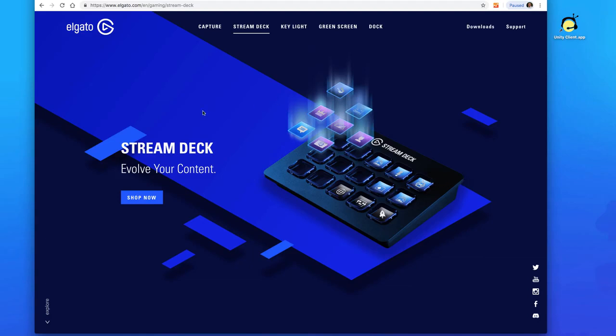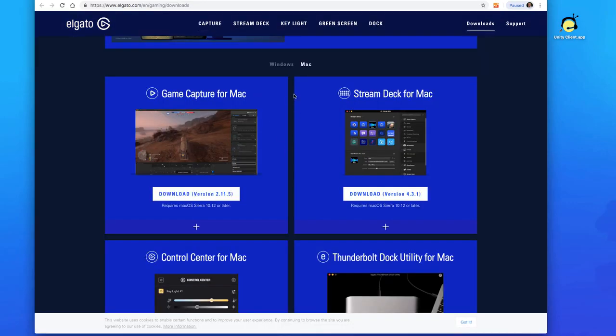Getting started, I'm on Elgato's website. So that's where you would go once you plugged in your Stream Deck, or you didn't necessarily plug it in, but the first thing you need to do is get the software. You'll go to elgato.com, and I'm on their main page, and we're going to want to go to their downloads link, which is in the upper right. And so we're going to go to downloads, and you'll be presented, of course, with Windows or Mac. It has detected that I'm on a Mac, and I am going to grab the download for the Stream Deck